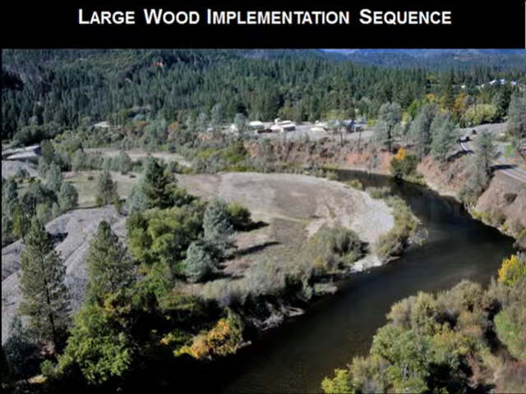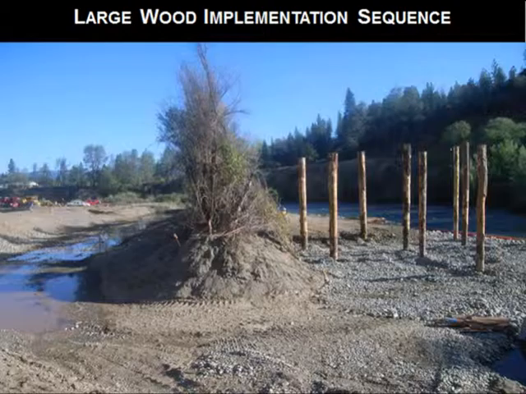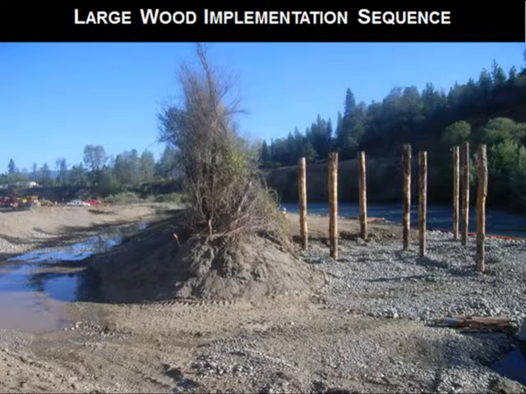So this just shows a construction sequence of that where we weren't sure if we could put piles in the main stem Trinity just because we can't de-water, and so we used a new technique where we used a crane with a diesel hammer to be able to drive those in below grade and still be able to maintain turbidity control and not have to influence.